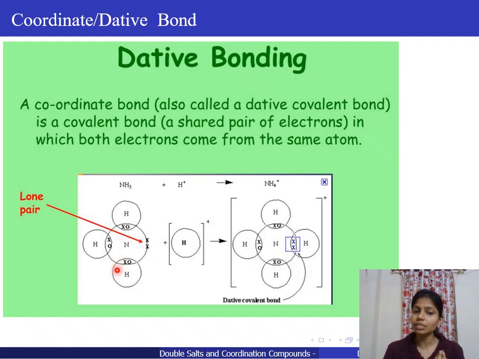Ammonia is a stable molecule itself, but it can also donate its electrons and make other species stable. This way a coordinate covalent bond forms, and this type of bonding forms in the metal ligand